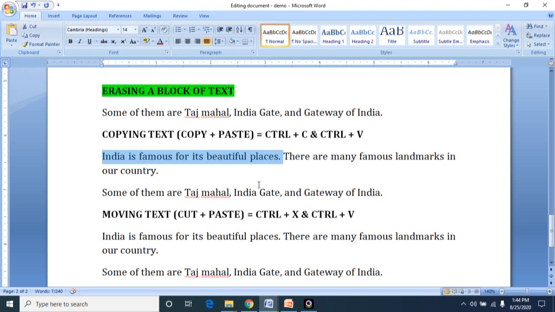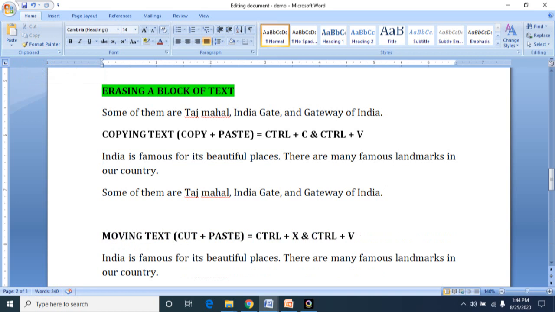Then now I want the sentence to appear here. Okay, so place the cursor and then again go to clipboard and give paste. This is one way. Select the text, go to clipboard, choose copy and place the cursor anywhere you want and then press paste.